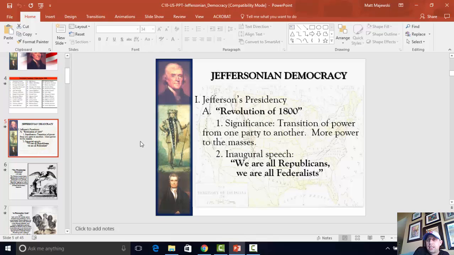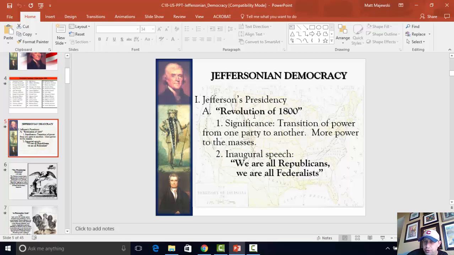So Jefferson takes over after the election of 1800, right? And as we know, that is called the Revolution of 1800. Now, that's a revolution in name only, right? Again, there was some concern. There might be some problems. The Federalists wouldn't step down. They would pull out the army. Maybe have the army physically prevent Jeffersonians from taking over.